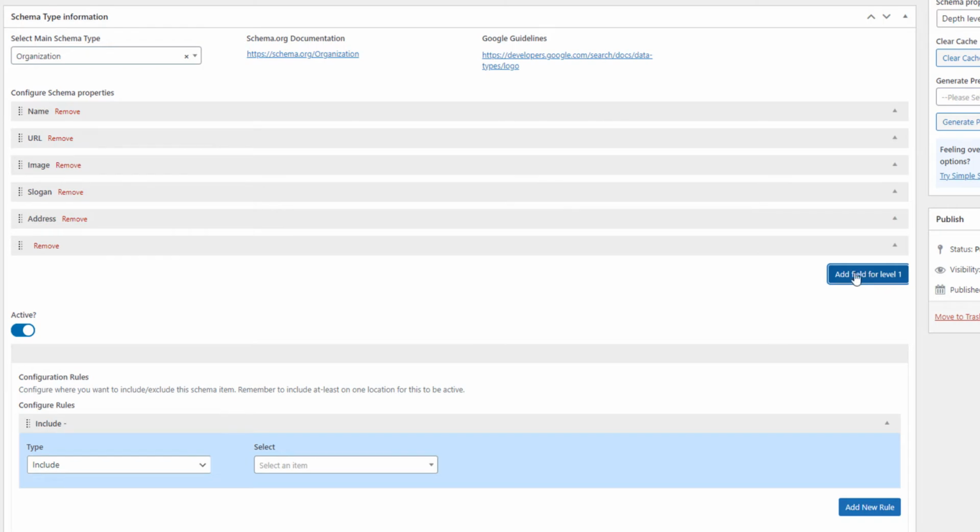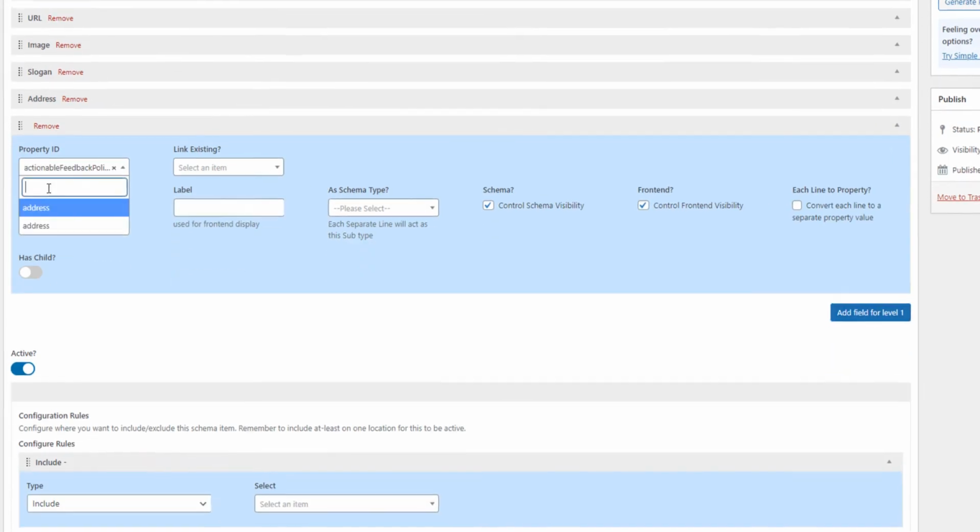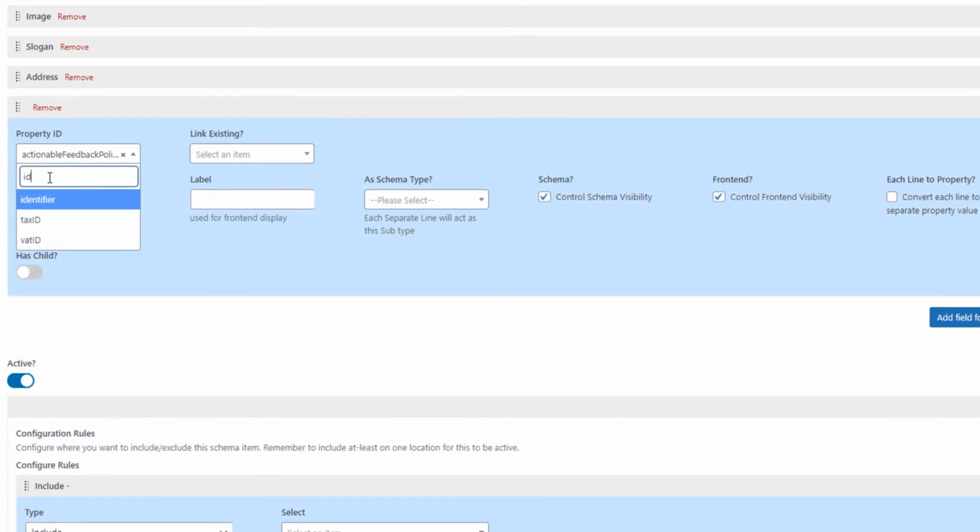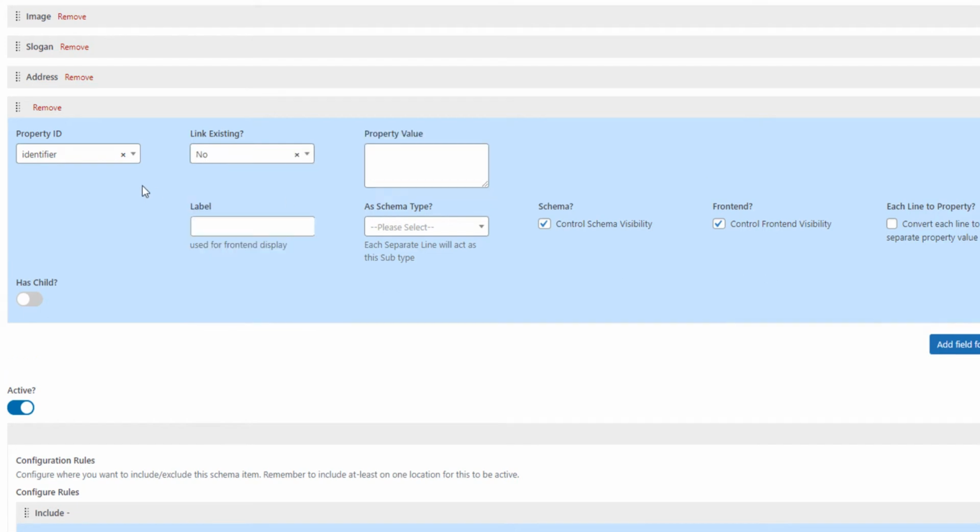We can create it by clicking add field, and here we select identifier. This can be anything, but I'm selecting no because I'm going to use an identifier for my organization.